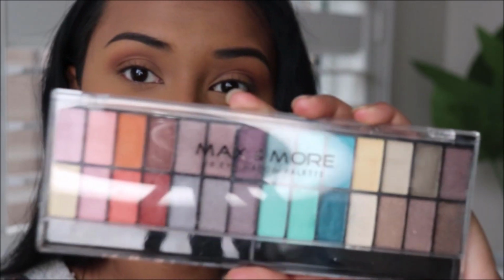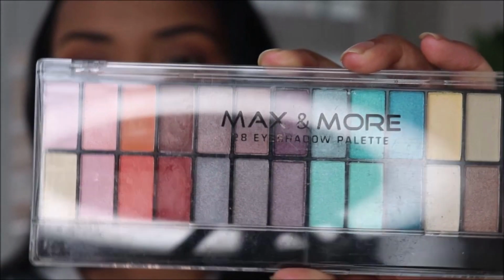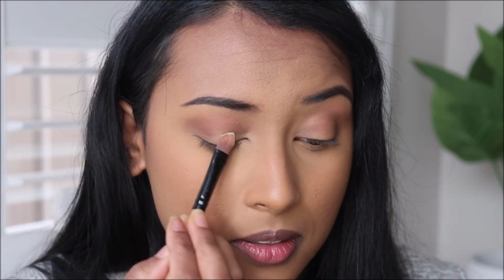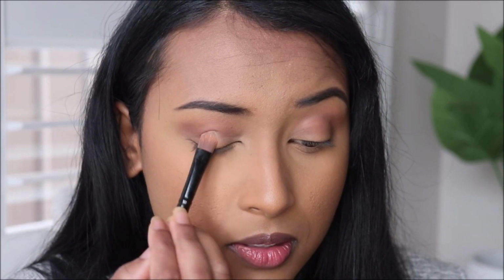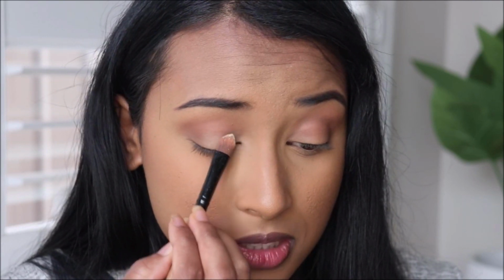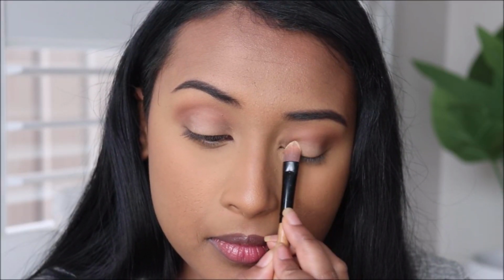I'm going to be now using this Max and More palette, taking this yellow shade over here. I'm going to be putting this in the innermost part of the eye where we haven't actually touched any shadow on. Over here. And then bringing it in closer to the eye. So this one definitely needs quite a few taps into the product. It's not as pigmented. I think that is pretty even, so now we're going to actually move on to the color, which I'm very